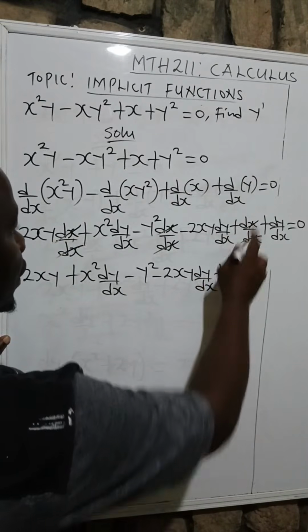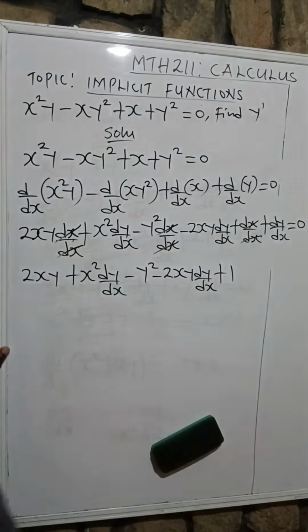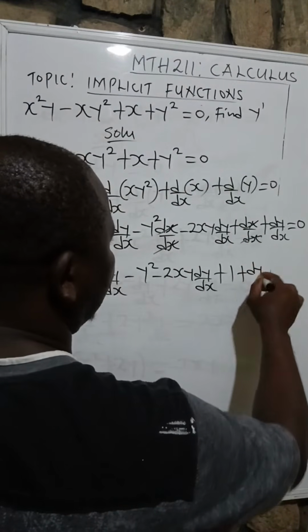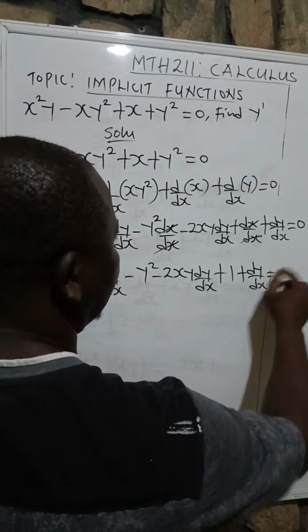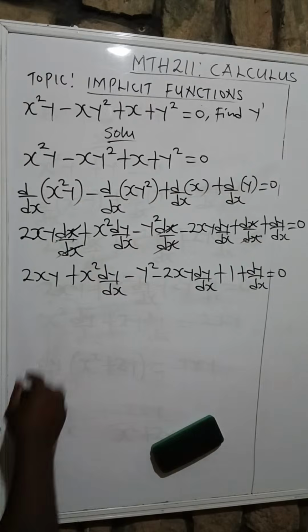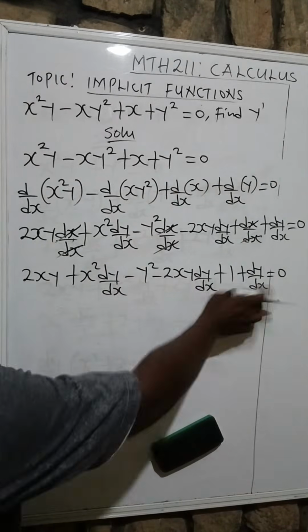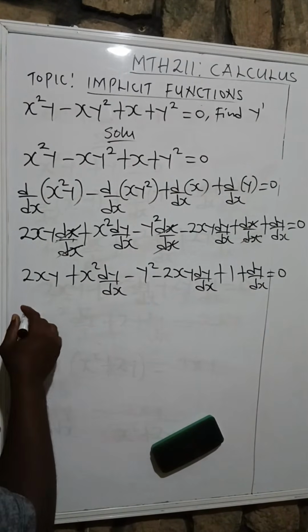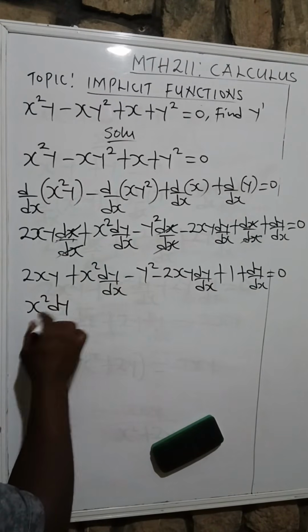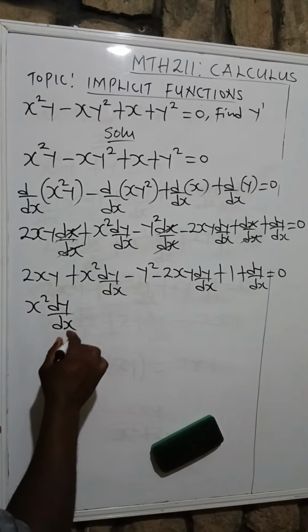Then plus here is 1. It is not 0. Please take note. Then plus dy all over dx equals to what? 0, right? Okay. So we collect like terms. When we collect like terms, this and this are like terms. It's going to be x squared dy all over dx,